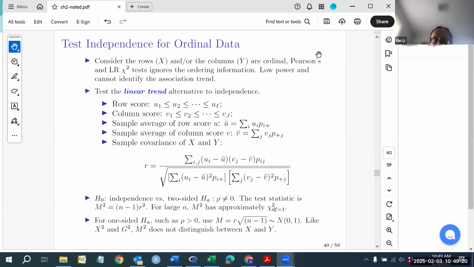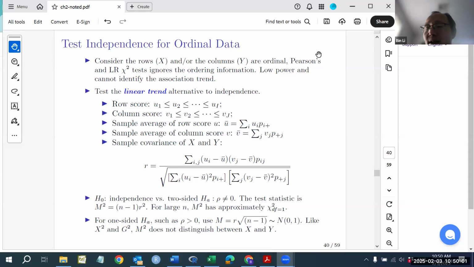Okay. So now we talk about... previously, we only focused on the tables with x and y both categorical. Now let's see what if one of them is ordinal. Ordinal is different from the categorical variable because it has order information in it, right? So if one of them is ordinal,